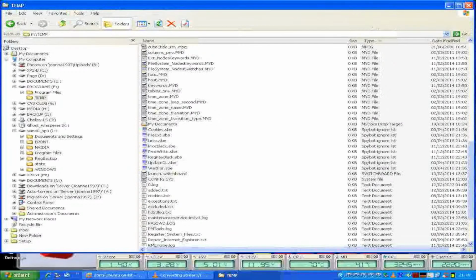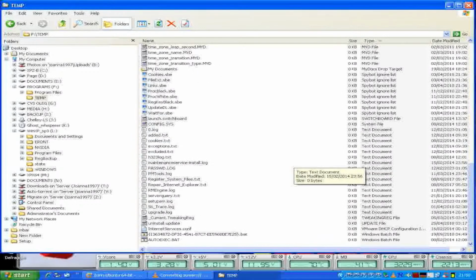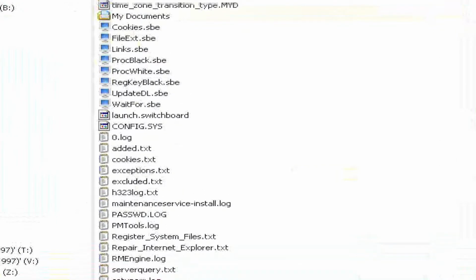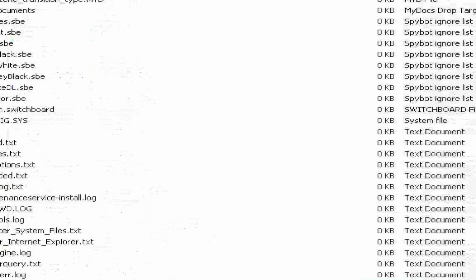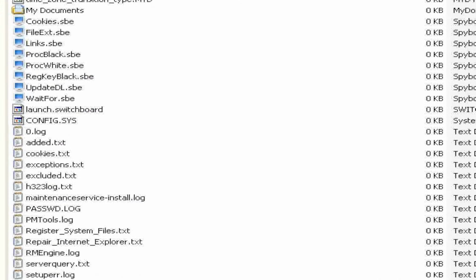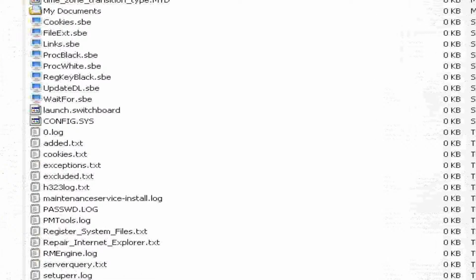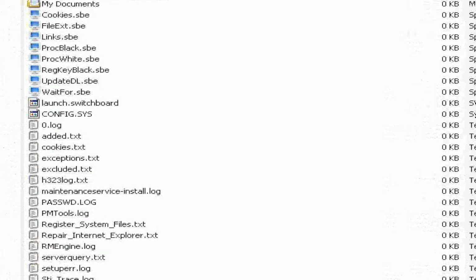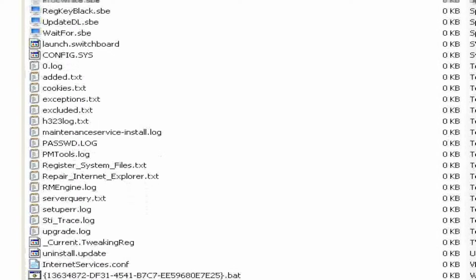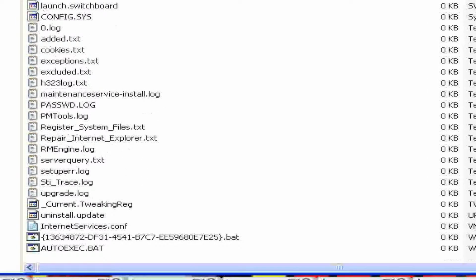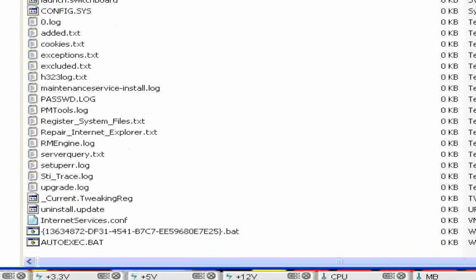Some of those files might be to do with Spybot, the ignore list. Those are 0 byte as well. Spybot Search and Destroy, to remove malware. Config.sys, but on older Windows systems it would. There's a bunch of text files. The only trouble with this method of extracting the 0 byte files is, don't forget, if